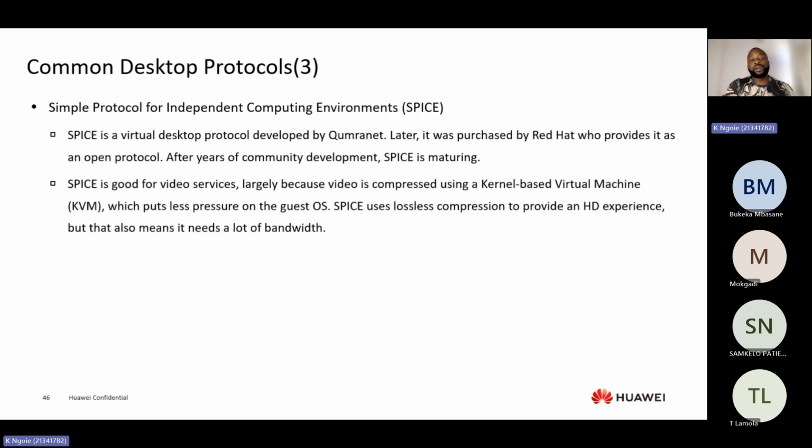And then another common desktop protocol is called SPICE. SPICE is basically your Simple Protocol for Independent Computing Environment. So that's what SPICE is. This is another virtual desktop protocol which was developed by Qumranet, right? Later it was purchased by Red Hat, who provided it as an open protocol. So after years of community development, SPICE is maturing. SPICE is another open source remote desktop protocol,